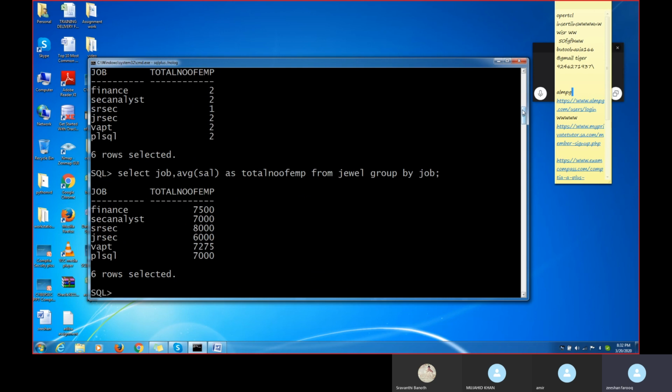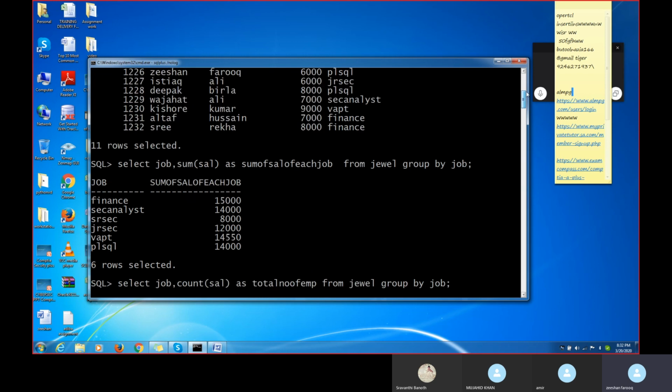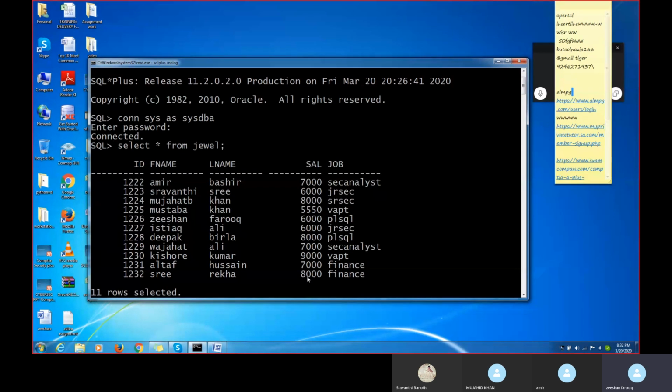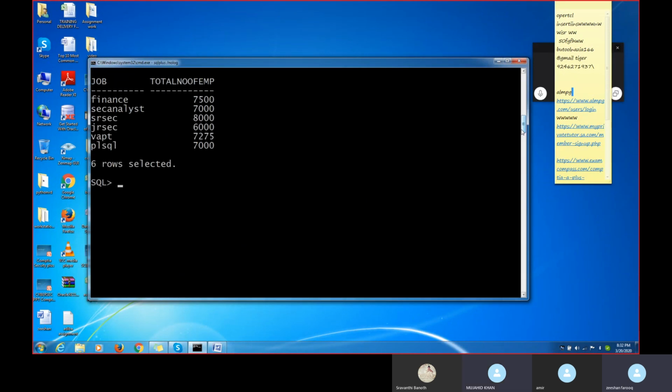Average means 15,000 divided by 2, how much? How many finance people are there? There are 2 finance people, right? 7,000 plus 8,000 is 15,000. 15,000 divided by 2, how much is the average? 7,500, right? Are you guys getting now?